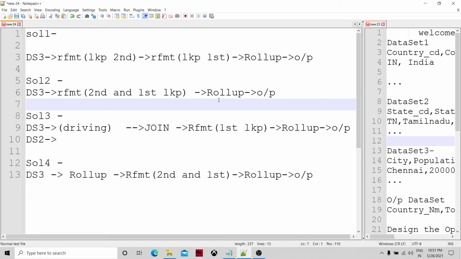I'm not talking about this as a specific solution, but about scenarios where there is a very huge dataset, like dataset 3, then an average dataset like dataset 2, and then the smallest dataset, dataset 1.